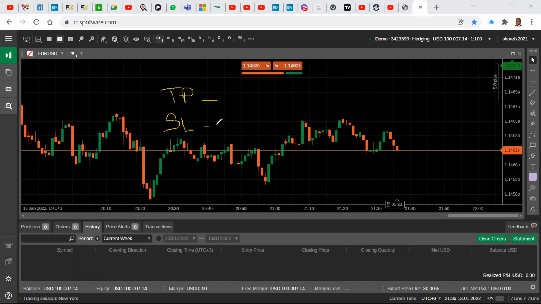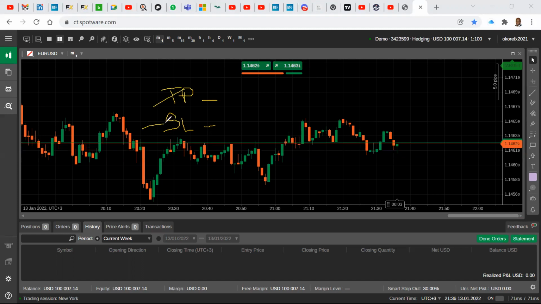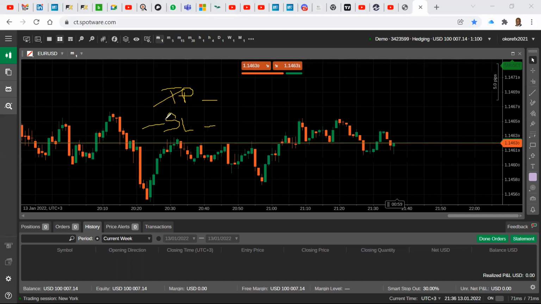Why take profit? Because we don't want to take a trade and then go back and set it up each time. And then stop loss, we don't want to be setting it each time. We want every time we click buy or sell, this one automatically comes. Stop loss, you know, this is automatic. That's what we want to do. And that's why we use this platform, because the platform enables you to do that.